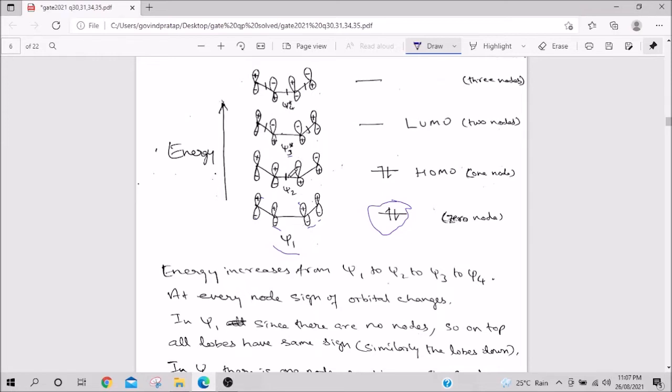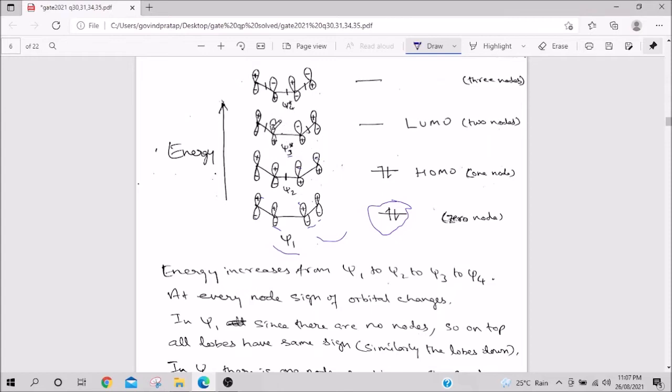Psi 2 is less in energy. So, basically the overlap is hindered. So, it has 1 node, remember it keeps increasing 1 by 1. So, 0 nodes in psi 1, psi 2 has 1 node. So, what do we do? This side overlap takes place and this side overlap takes place, in between there is no overlap. So, first I put plus and then when the node comes I change the sign. So, it becomes minus and this minus continues. Similarly, here minus minus and then plus plus.